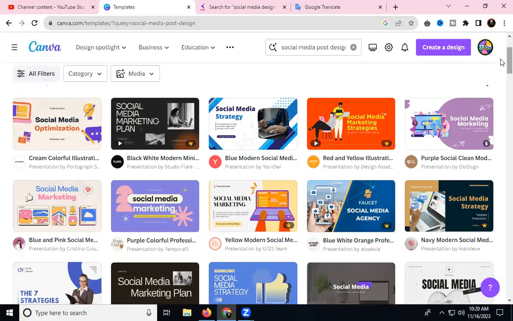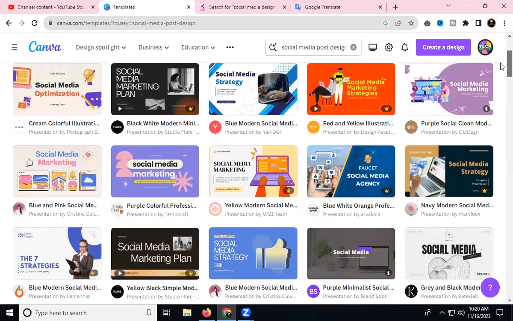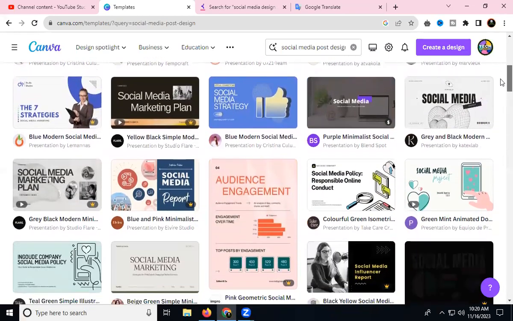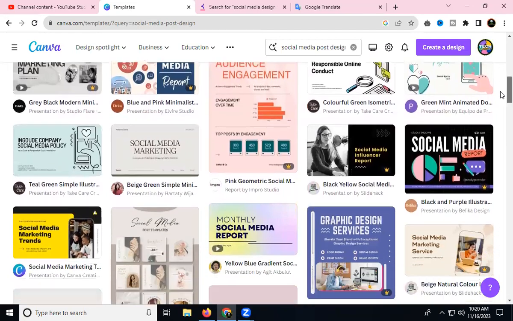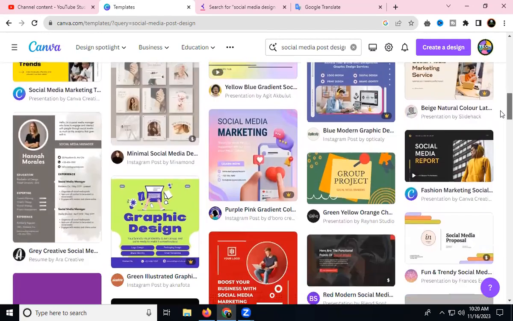The social media template designs, a lot of templates, social media strategy, social media posts, and a lot of